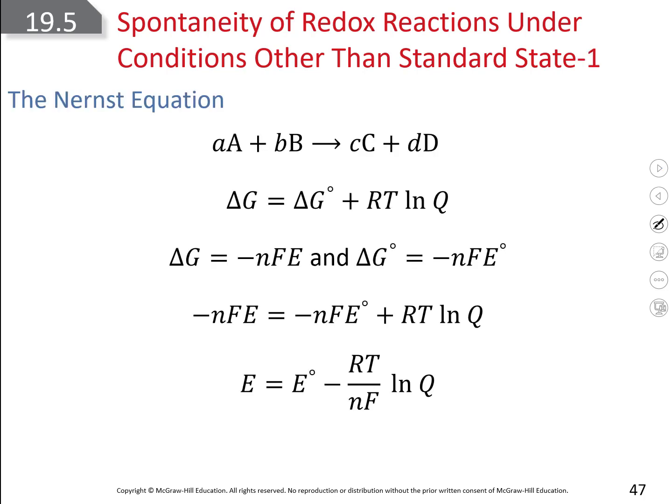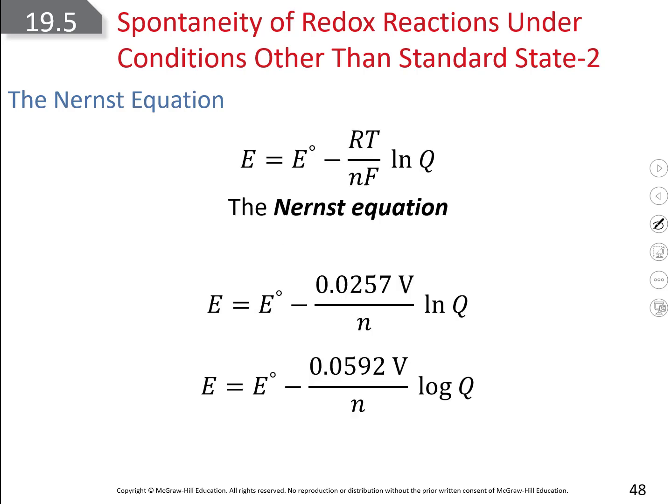So the first thing we're going to talk about is something called the Nernst equation. So if we consider a redox reaction, just a simple A plus B goes to C plus D, and delta G non-standard is equal to delta G standard plus RT natural log of Q. Q, again, is the reaction quotient. So concentration of products over concentration of reactants. We can simplify this down to this equation here that says E is equal to E standard minus RT over NF natural log of Q,